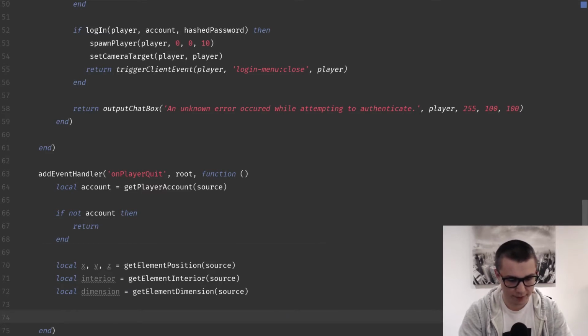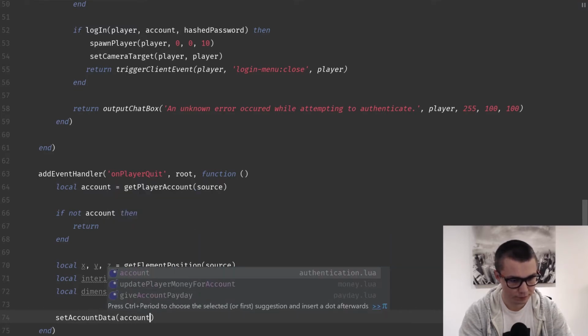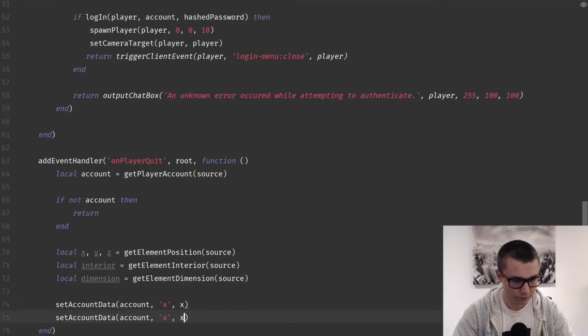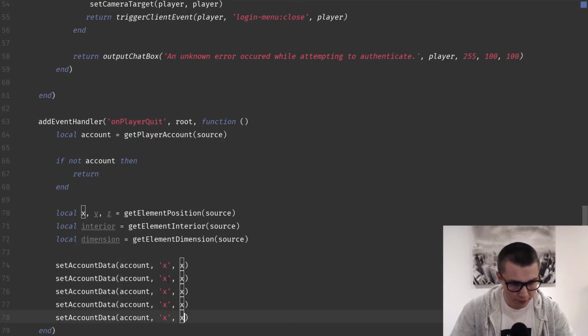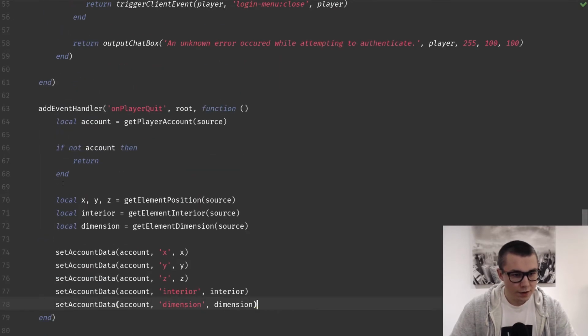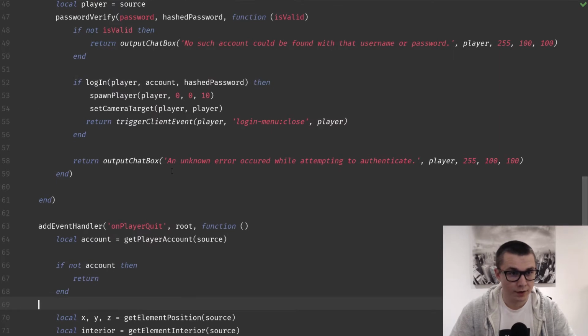So let's set account data. These values. Just going to duplicate that a bunch of times. And Y, Z, here, oops, dimension. So we're storing the position of the user when they quit,